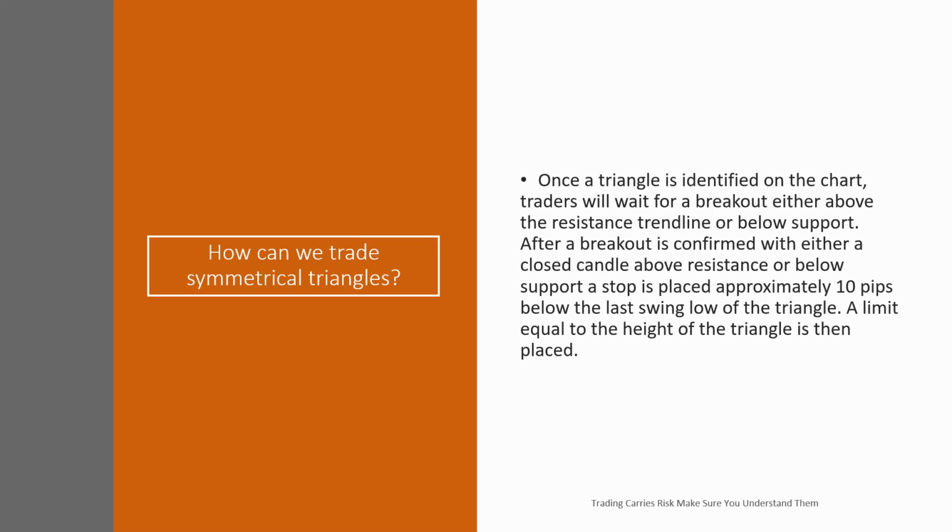After the breakout is confirmed with either a closed candle above resistance or below support, a stop is placed about 10 pips below the last swing low of the triangle. A limit equal to the height of the triangle is then placed. So let's go back over to my triangle charts. So in other words,